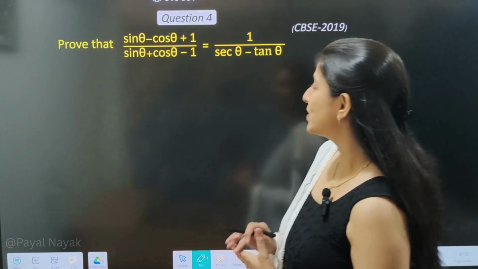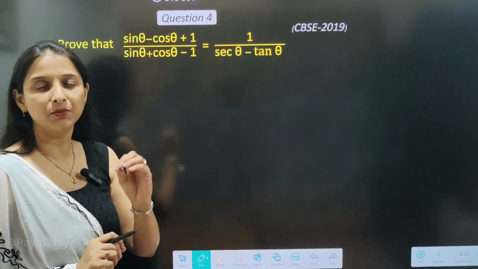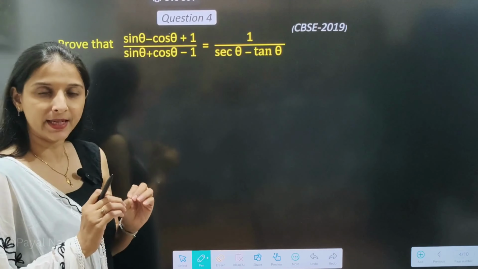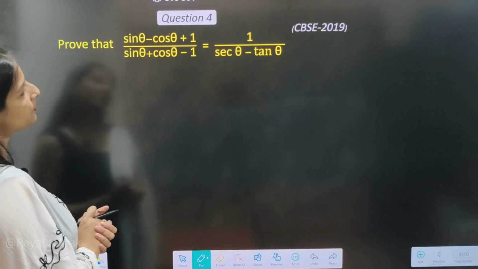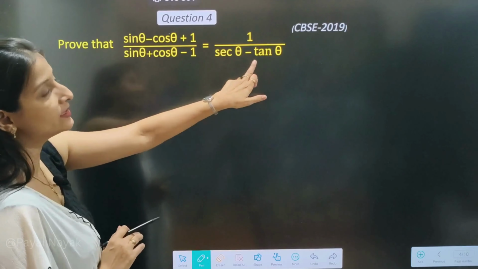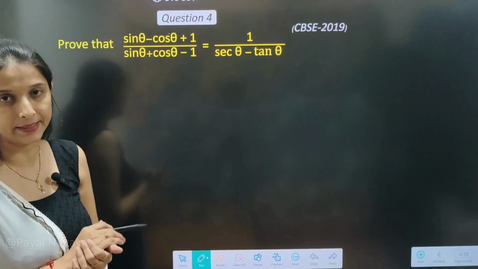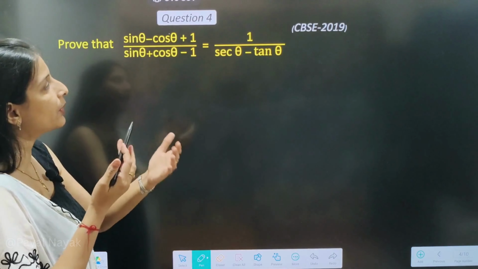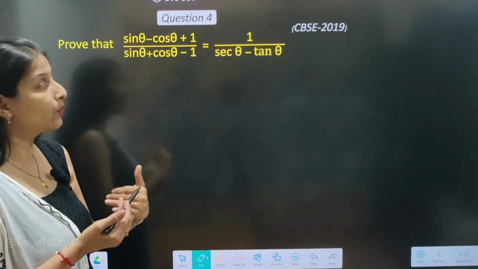Now this question number 4 seems a little bit tricky, but I'll share with you some 3-4 small tips that will help you to solve this question easily. Okay, so now let us begin. Now first observe your question. See the RHS: sec theta, tan theta, and in your LHS you don't have sec theta, neither you are having tan theta. So what you are going to do, you're trying to bring the sec theta, tan theta in your question. So how you can bring that?